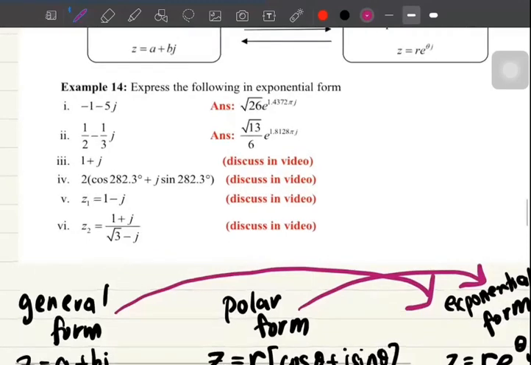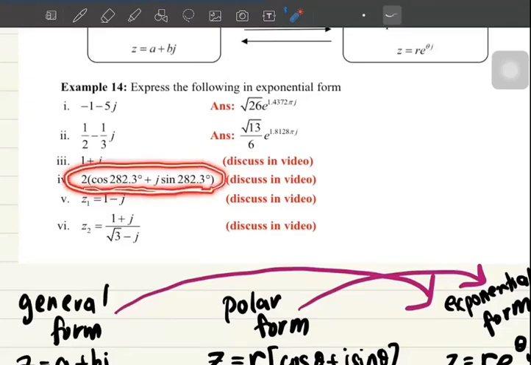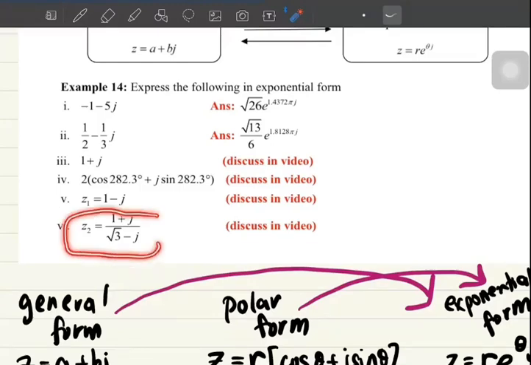So you are given in general form, okay, and you want to express in exponential form. Kalau awak tengok dekat nombor 4 ni, you are given in polar form, so you need to express in exponential form. Okay. And kalau you tengok dekat soalan yang last kali ni, this one is not yet in general form. So yang ni lagi banyak kerja nak buat ni. So kena tukarkan dia dulu dalam general form,